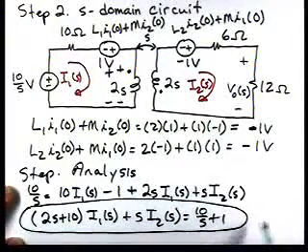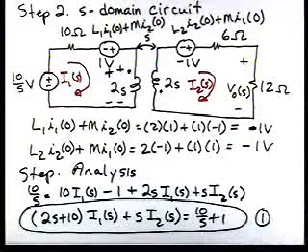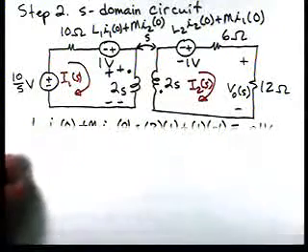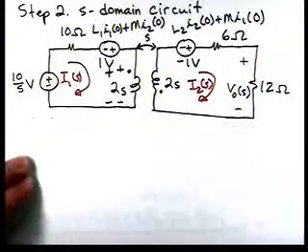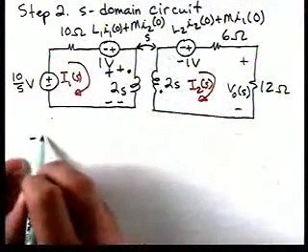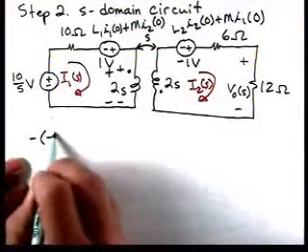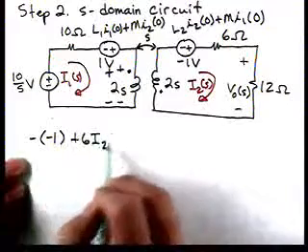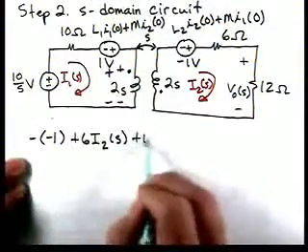Okay. So here's one of our equations. Now we need to apply KVL to the other mesh to be able to get our second equation. So if we start here and go around clockwise, we'll have minus 1 plus 6 I2 plus 12 I2